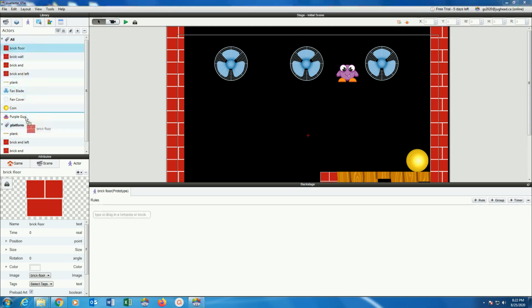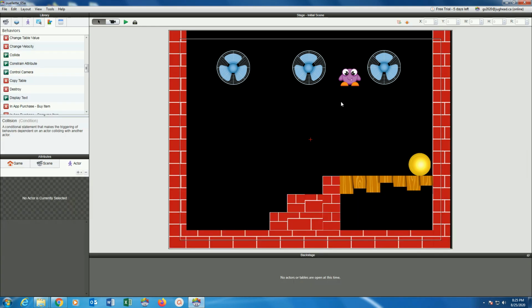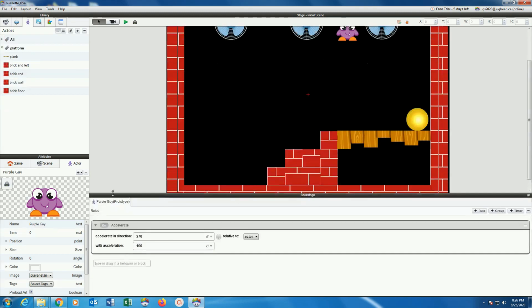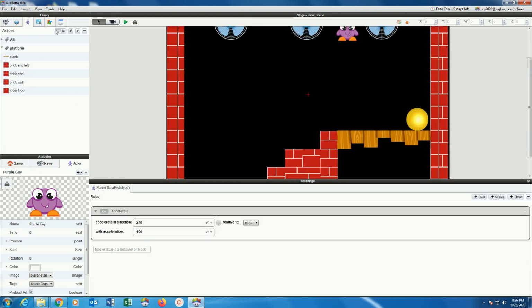and brick floor. Okay, so if I close all for a second so I can see, I have a tag called platform, and it includes the plank and all 4 brick elements. Okay, so let's go back here. Okay, so I'm just going to highlight our little purple guy here. So let's just go up to our